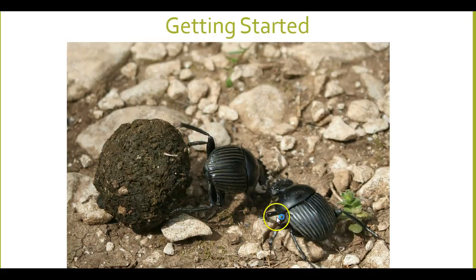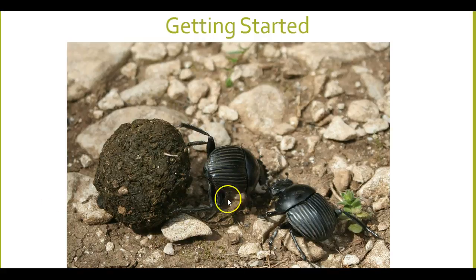Now, as the name implies, these creatures use dung as a food source, which, if you don't know, is really animal feces or animal poop. And they do some different things with it. For example, some beetles are rollers, where they roll it into balls and they literally roll it all around. Some are diggers that dig up holes in the ground and bury them, and some are just dwellers. They just simply live in it.